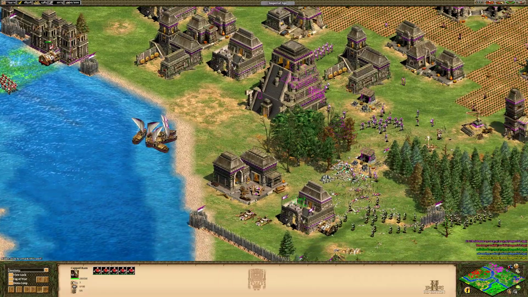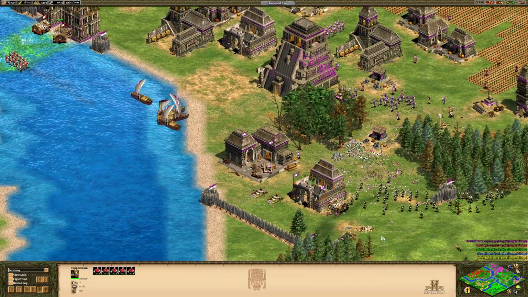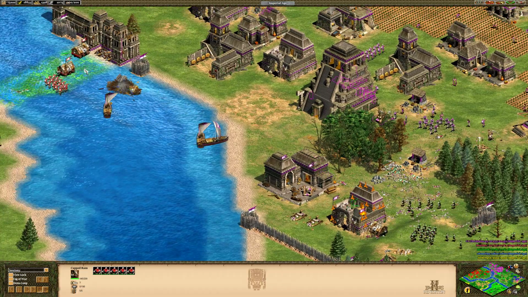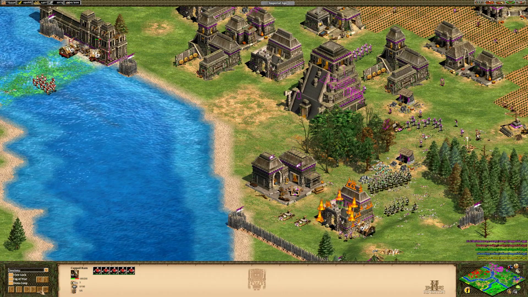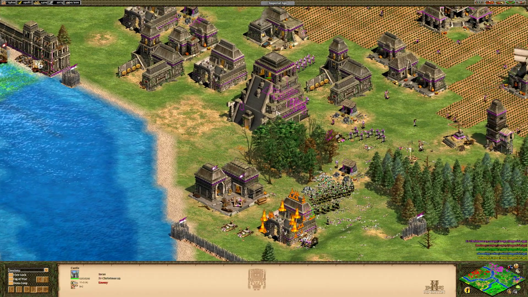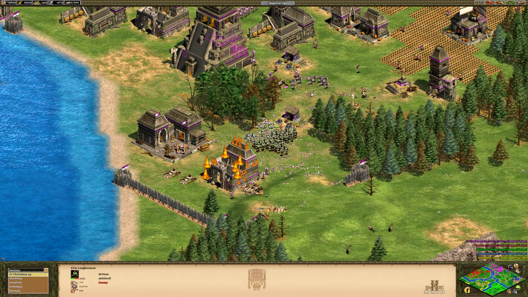So as you can see, kind of tough spot for purple to be in. We got two people fighting him at once. I thought I could use these ships to try and kill those rams, but with some good micro out of red. So you'll notice that there's a lot of